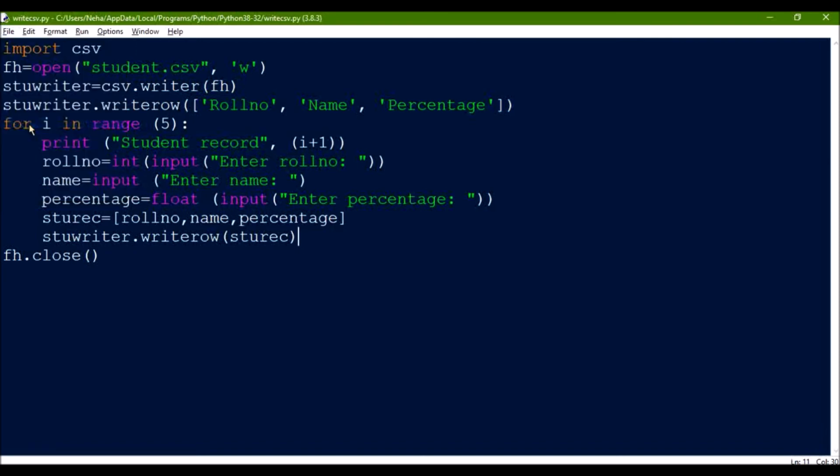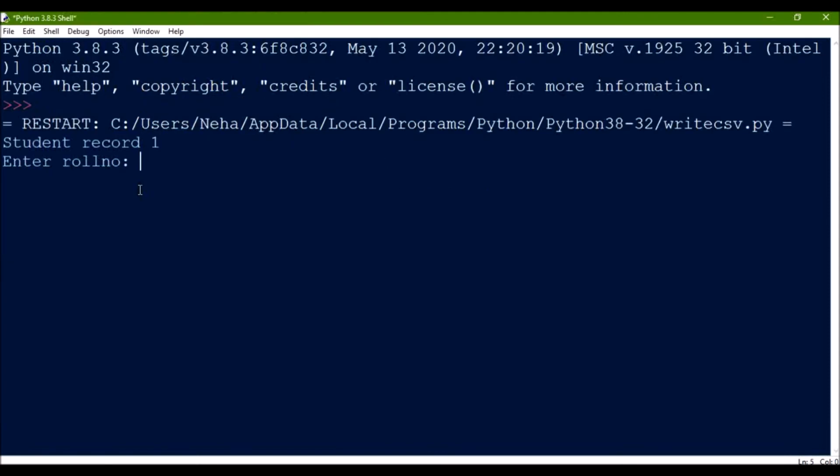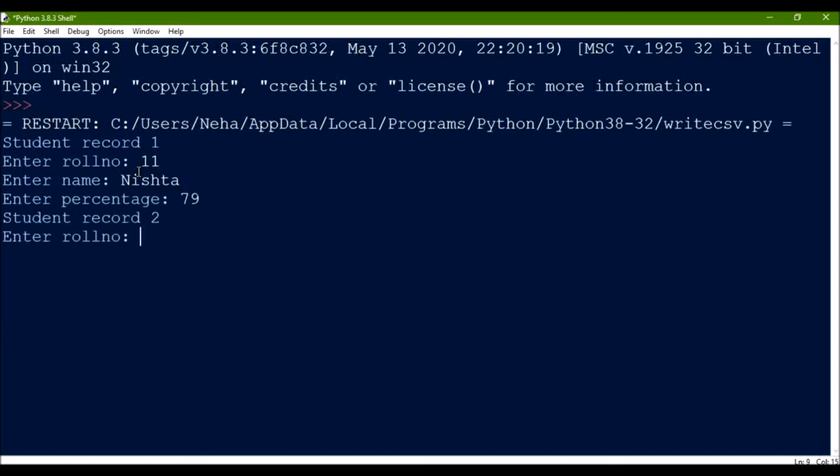Then we'll save this program, and we'll run it. So now it is asking for the first record. I'll enter the roll number, then the name, and then the percentage. Then it will ask for the second record.